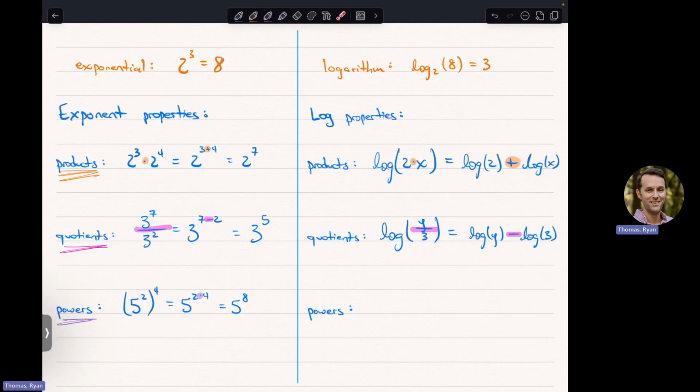That part's important. These properties are actually one of the reasons that people, 400 years ago, developed logs in the first place, to make some arithmetic stuff easier. But the product rule for logs, multiplication turns into addition, quotient rule, division turns into subtraction. And then the power rule,